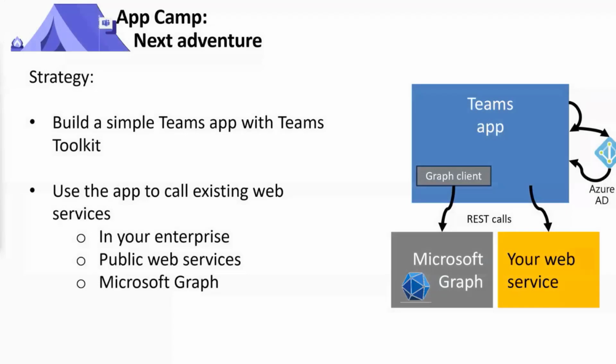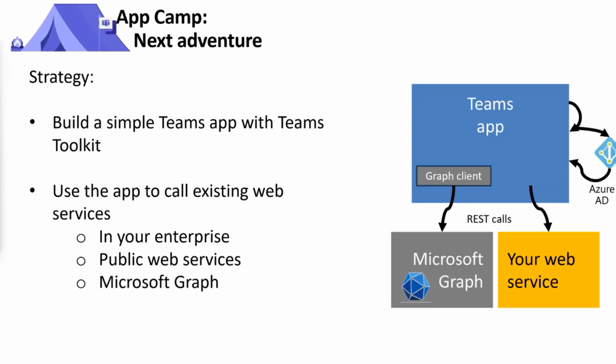The approach here is a little different. Everybody's got web services, and they've been extremely popular. We've had this service-oriented architecture thing going on for decades now. So the approach here is to say, well, your existing app probably has a web service, whether that's a public app on the internet, or maybe it's a private app inside your enterprise. There's almost always some kind of a web services layer.